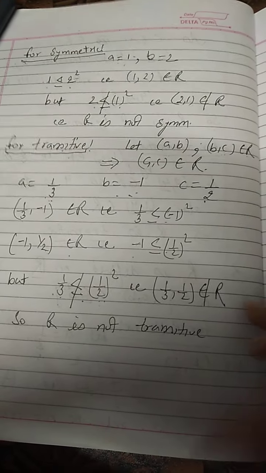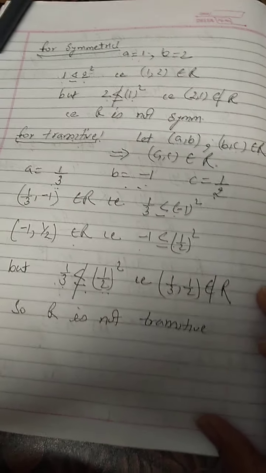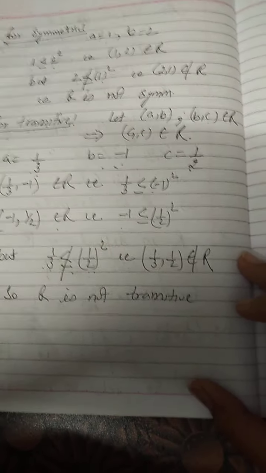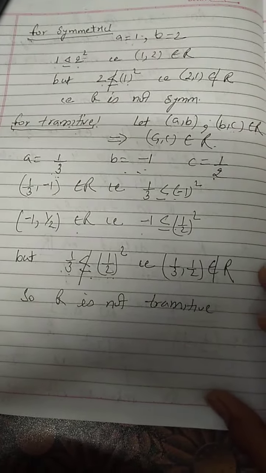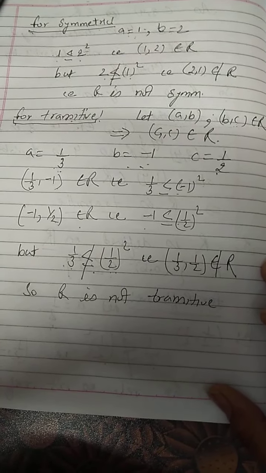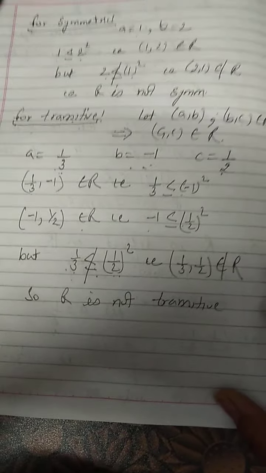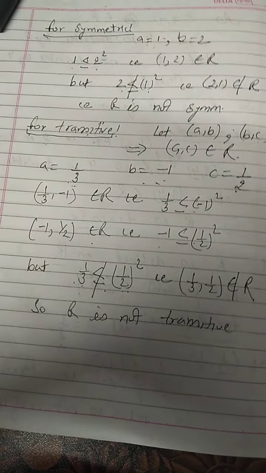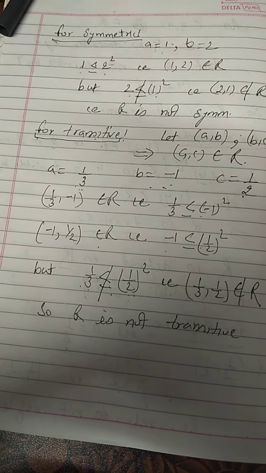We have to remember the relation while proving symmetric, reflexive, transitive, all the three conditions. Don't forget what is the relation defined. In every step you need the defined relation to make the connection between the elements. Okay, so this is the sum number 2, where we have proved it is neither reflexive nor symmetric nor transitive.